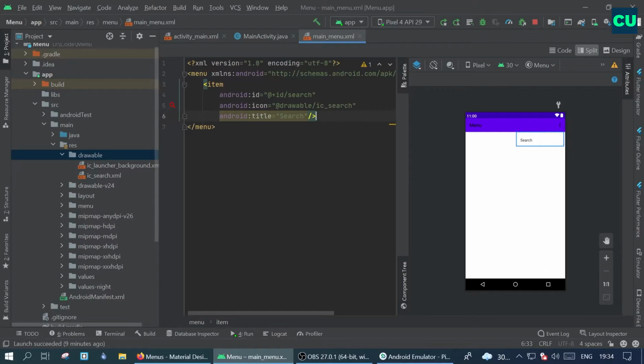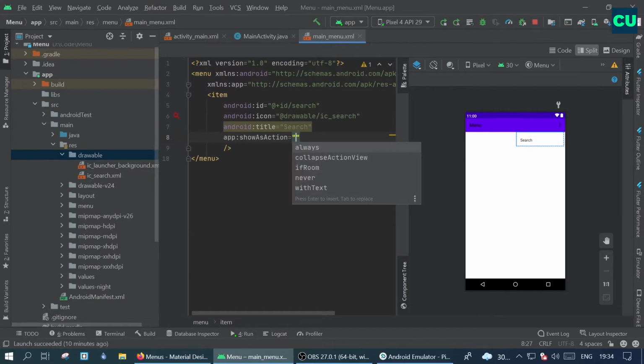In order to make this search icon visible in the activity's app bar, you should modify another attribute's value called showAsAction. In showAsAction, if you provide the value always, the menu item will always be shown in the app bar, and if you want to hide your menu item from the app bar, then you can give the showAsAction value as never. You can see that the menu item's position changes according to the value that